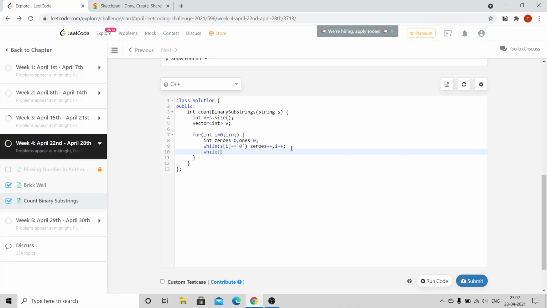Next I'll try to count the number of ones and increment the loop. So if the number of zeros and the number of ones are not 0, we will include the frequency, that is we push it back into our vector.